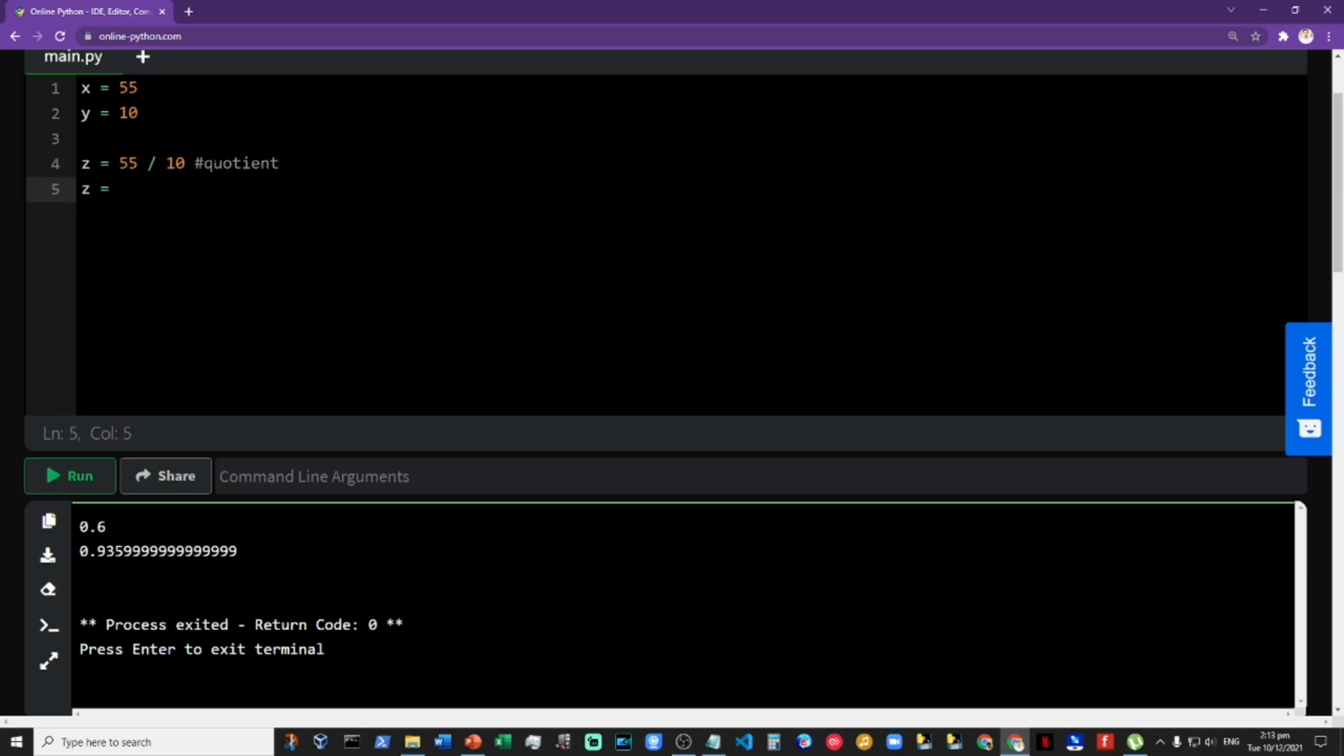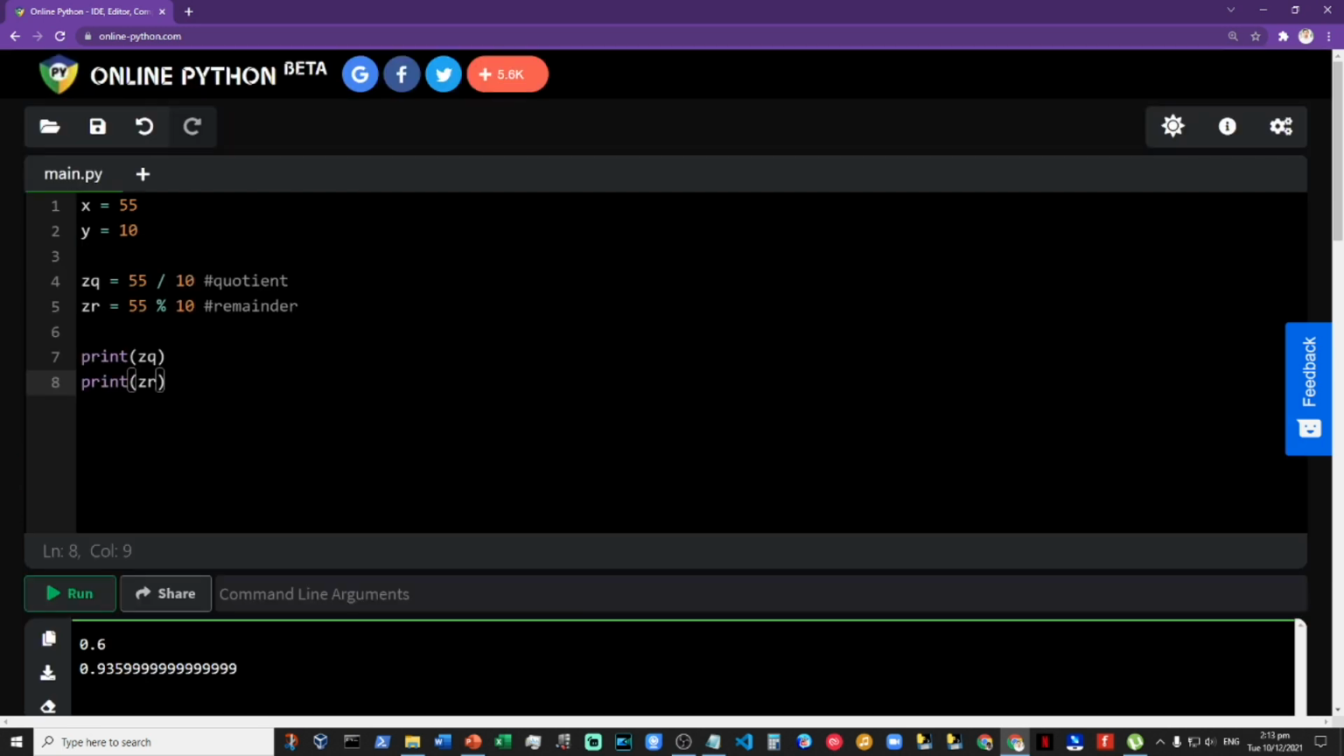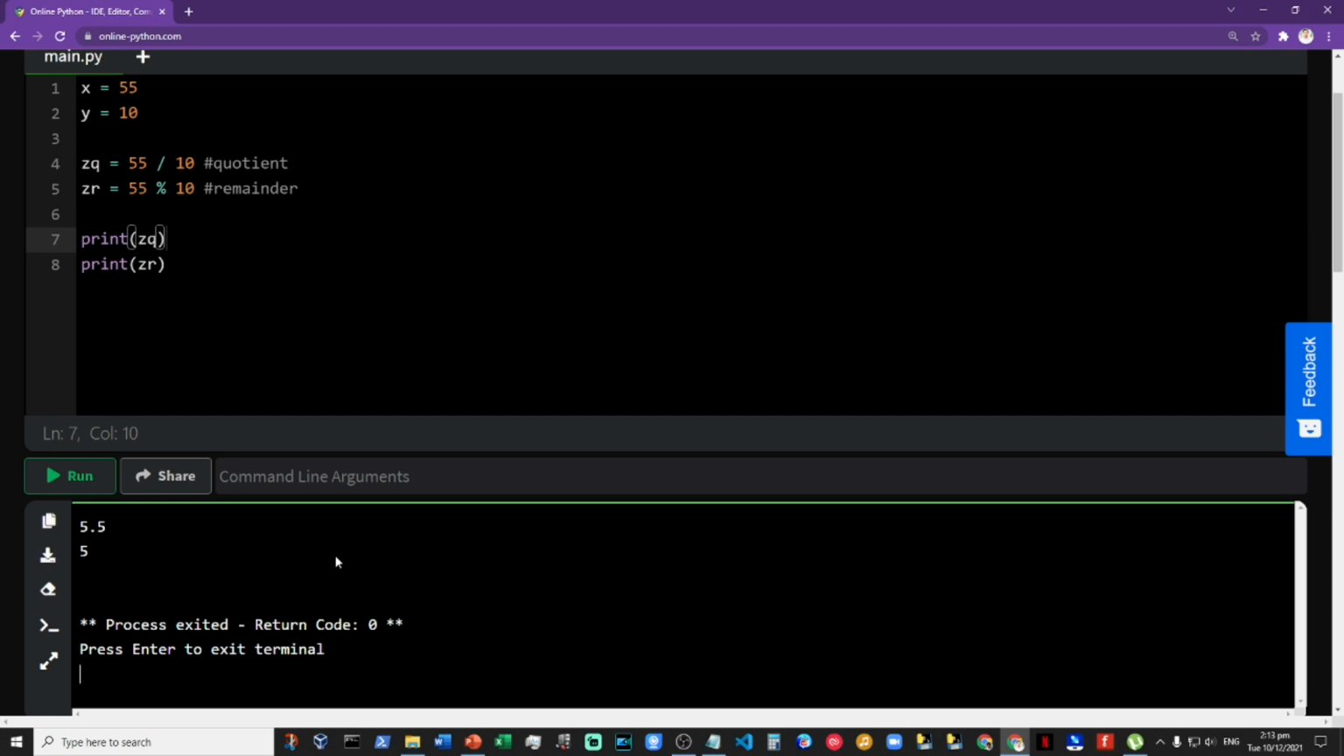Doing 55 percent sign 10, this will result in the remainder of that division. So let's name these ZQ and ZR, so that we can print them individually. So we print ZQ, print ZR. If we're going to run this,